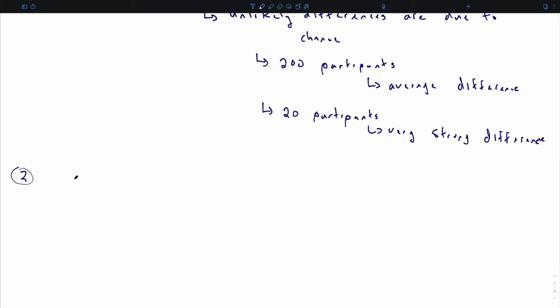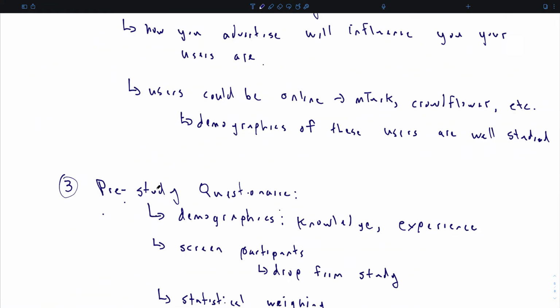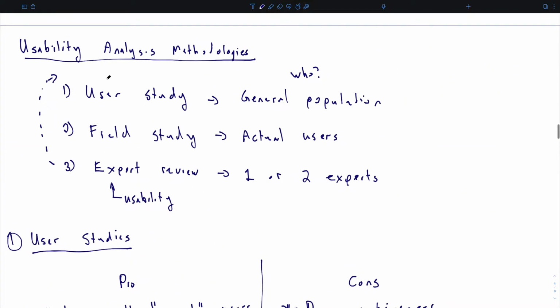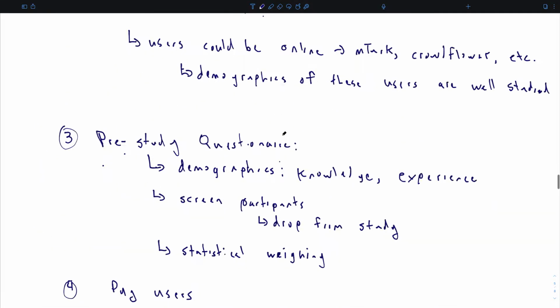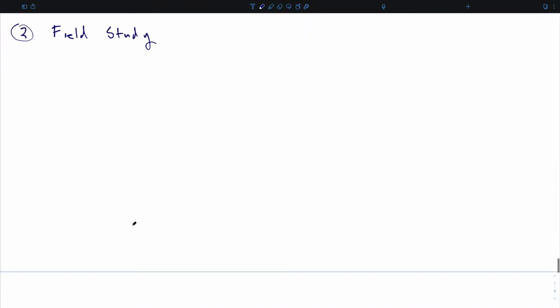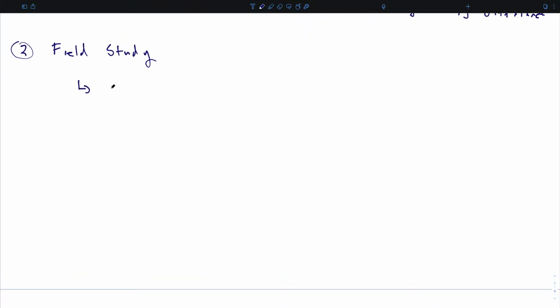Okay, so that's user studies. The next thing you might do is a field study. If we go back, just recall that there's three types of studies. So the user studies with the general population. Now we're talking about a field study. So this is where you're going to deploy it to your actual users. I won't spend as much time talking about it. But the idea here is that you deploy